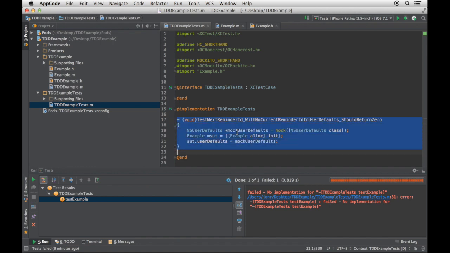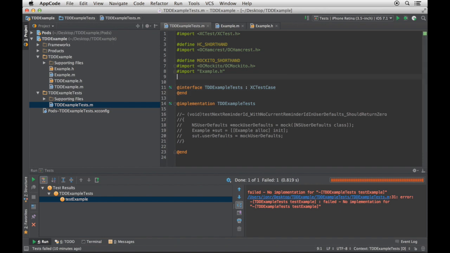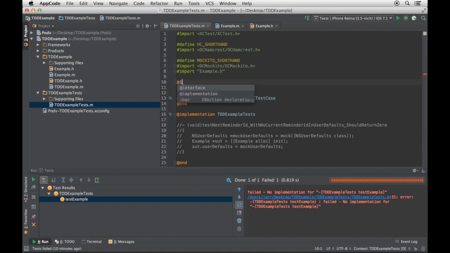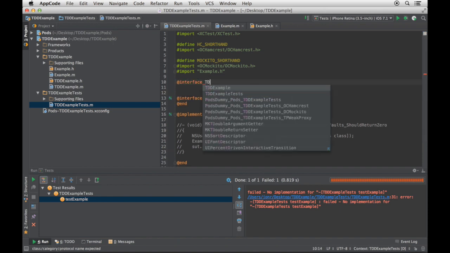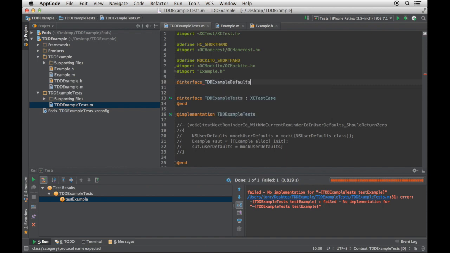So let's hold off on that. And actually, let me pull this out to a different test case entirely. I do this from experience. Example default tests.